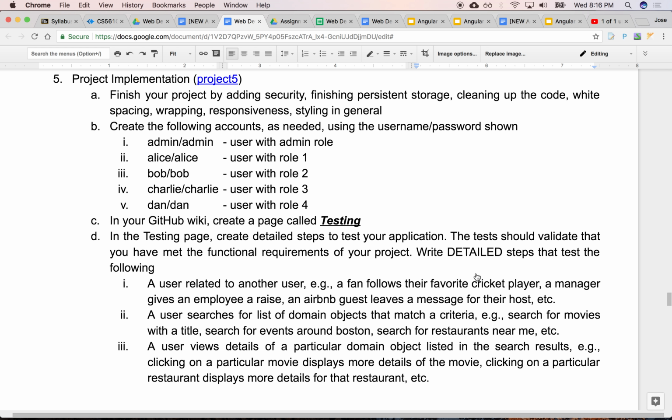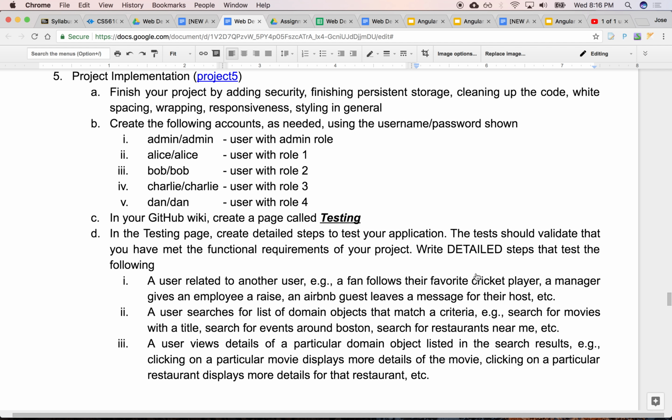To simplify grading, we'll ask you to create certain users, right, with certain usernames and passwords, so that the TAs will come back and be able to validate. We'll ask you to document all these things, creating several wiki pages on your repository. Yes? The last one that we're going to ask you to create for us is test cases that verify all these requirements.